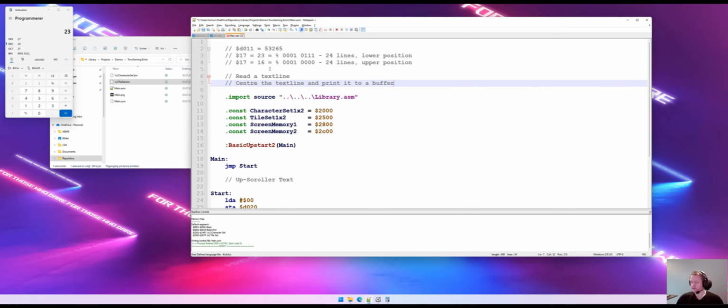We'll show screen 1, screen memory 1, and then we will copy the contents of the top line of the buffer onto the lower line of screen number 1. And then we will soft scroll it up, at which point when it reaches the upper position, this value,